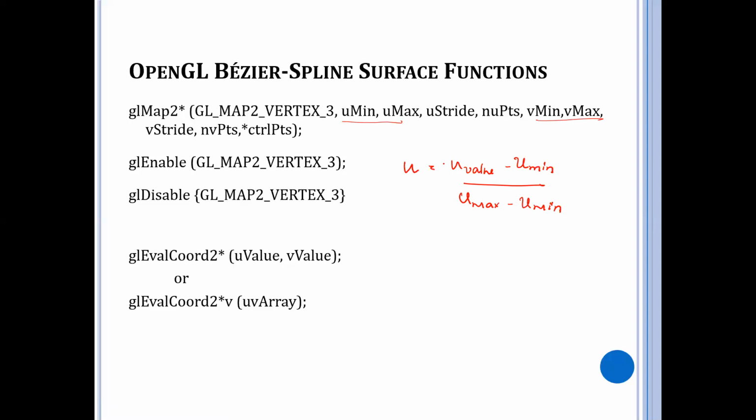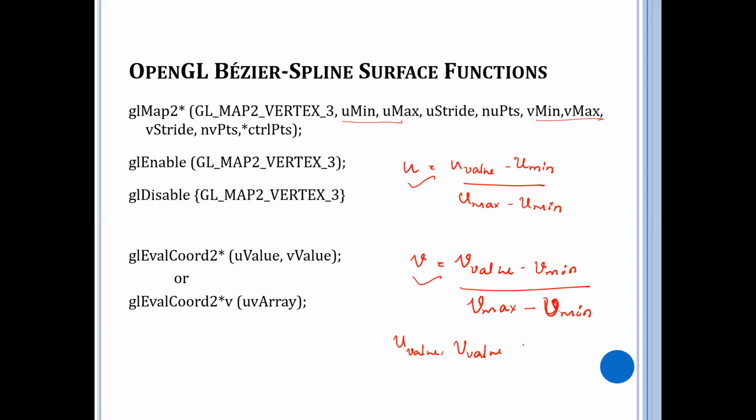Similarly, for the generation of v, I take the v value minus v minimum, divided by v maximum minus v minimum. This generates u and v. The values u minimum, u maximum, v minimum and v maximum you get from here. The u value and v value range from 0 to 1.0.